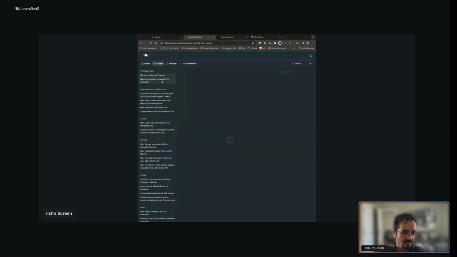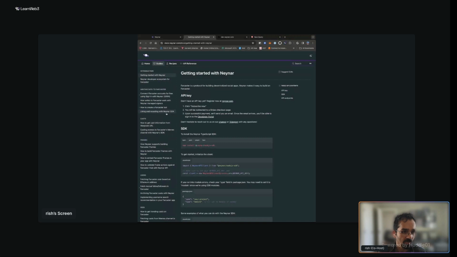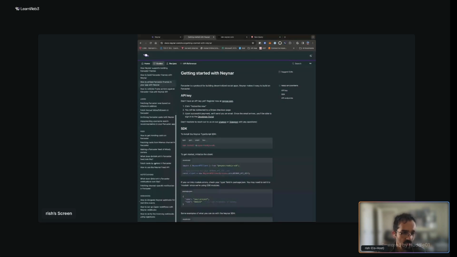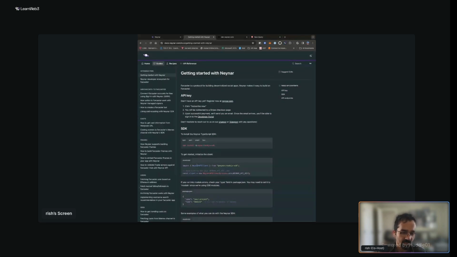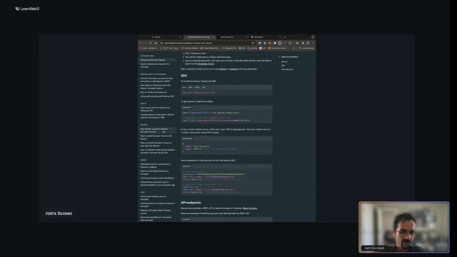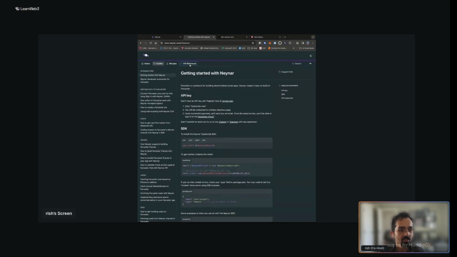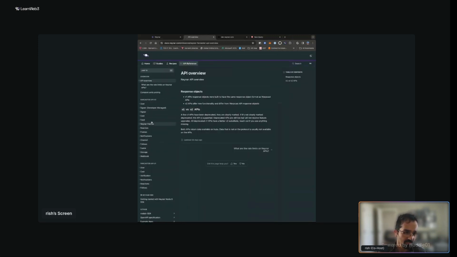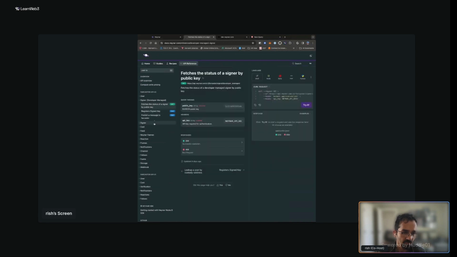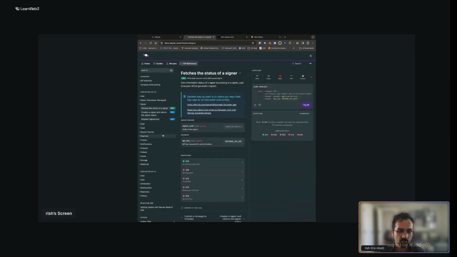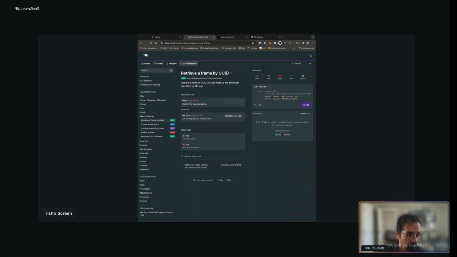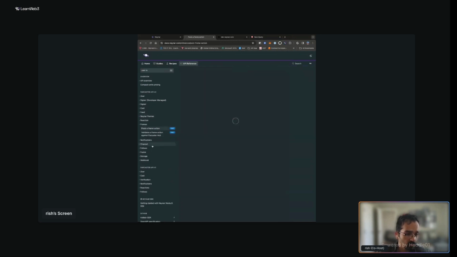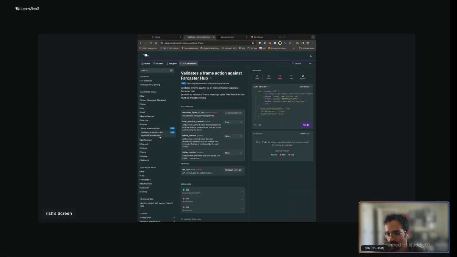We have a bunch of guides that you can use to get started, all the way from writing data to Farcaster, fetching casts, fetching frames, building frames, and it has detailed step-by-step things that you can go do. In terms of the API itself, there's an API reference here that takes you through the different APIs we offer. So for example, for the frame APIs, if you are building a frame on Farcaster and want to validate,